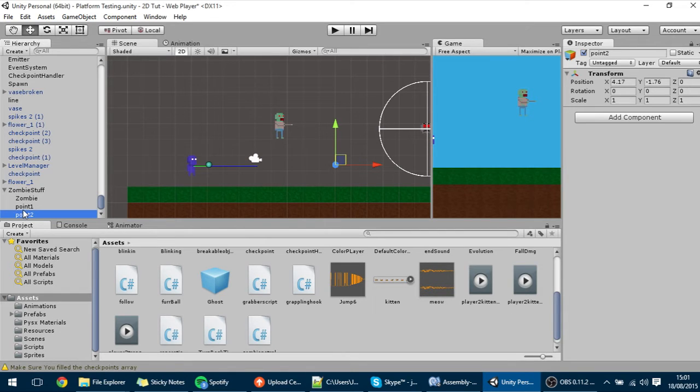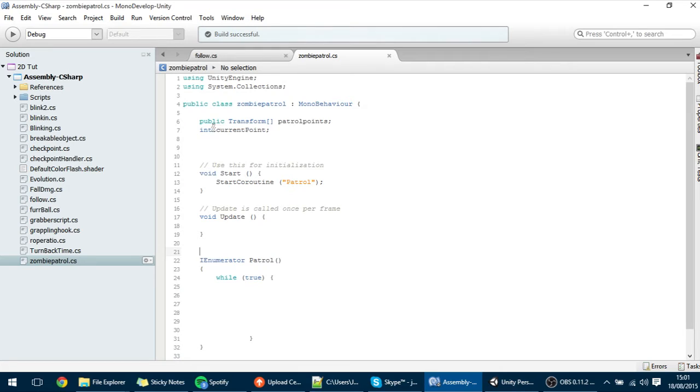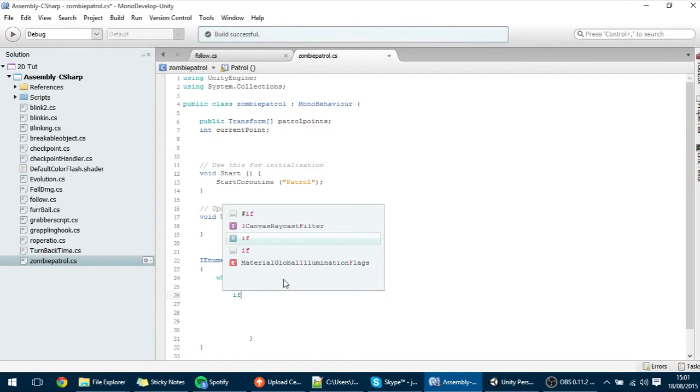And basically what we are changing here is not the point itself, it's the integer, because this integer holds the point that the zombie wants to go. So if we change it, the zombie has to go to another point. So first off, I'm going to create a way to change that point, and the way that this is going to go is if